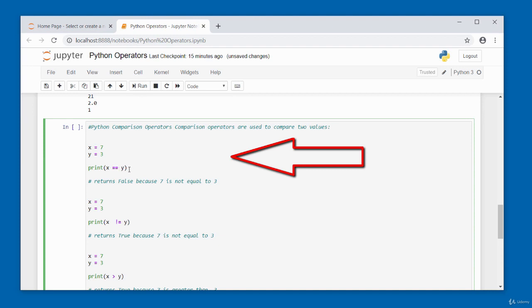So note the difference. Here x equals 7 is a single equals sign. That is used to assign values to variables. Here in the print function, I am checking a comparison. So I'm checking if x is equal to y. All right, so if I run the cell, this is going to return false because 7 is not equal to